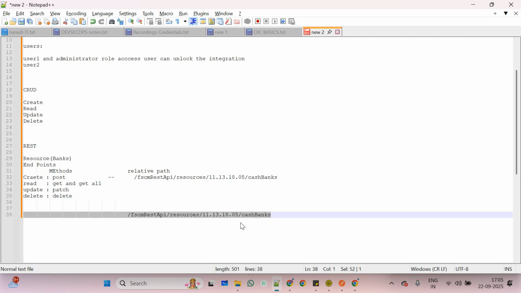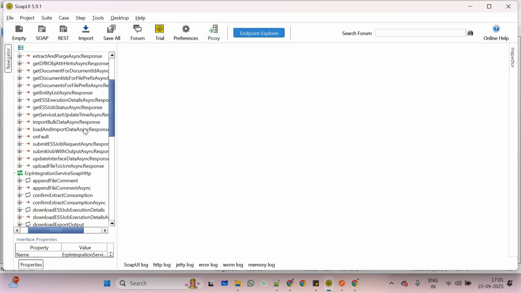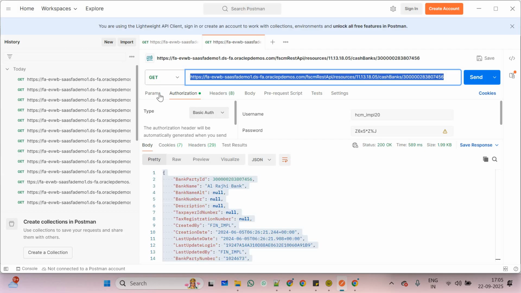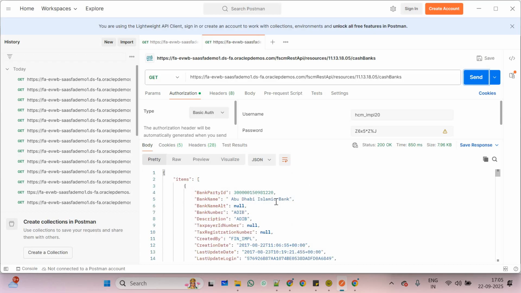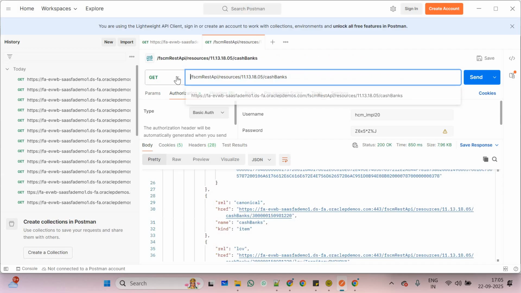REST API I will be testing from Postman. Postman is a tool. See, this is a tool. This is a sample one which I'm having to get all the details. Let me check. See, if I want to get all the bank details, and now I got all the bank details. This is not a Fusion application. This is just a testing tool. This is just a sample